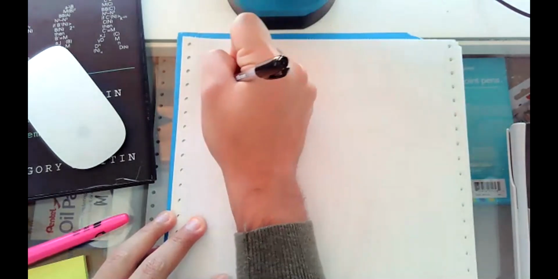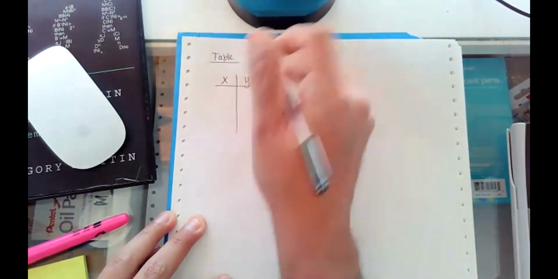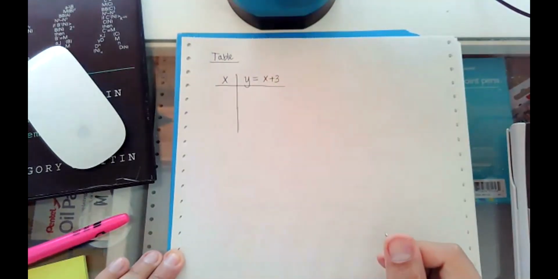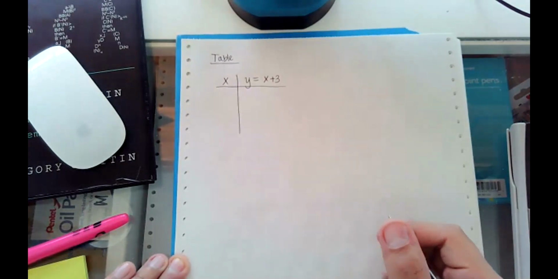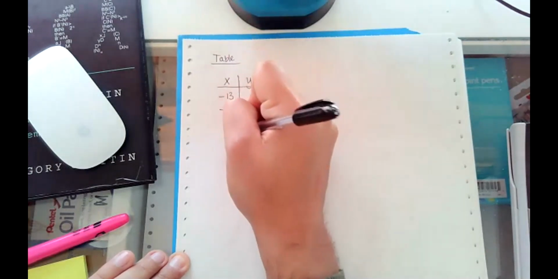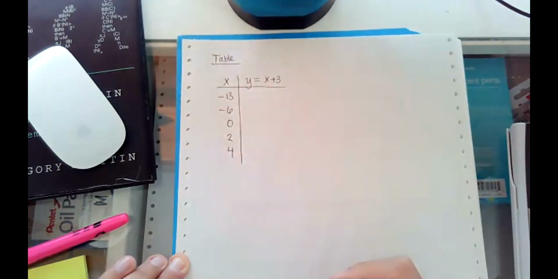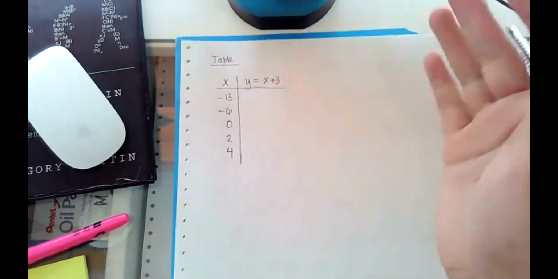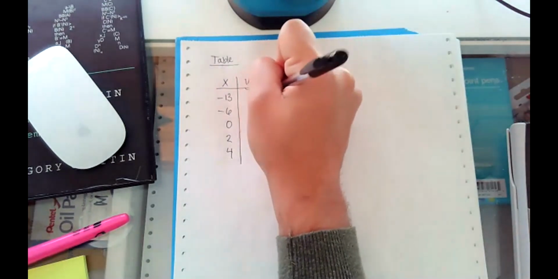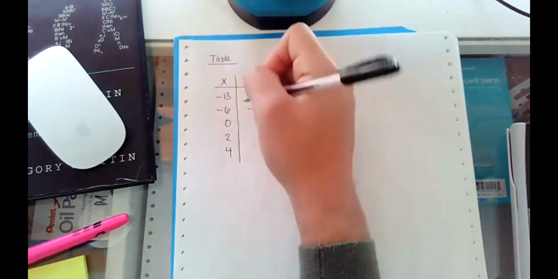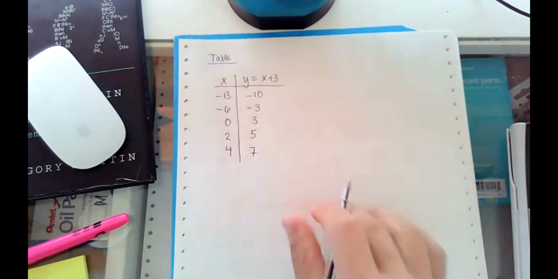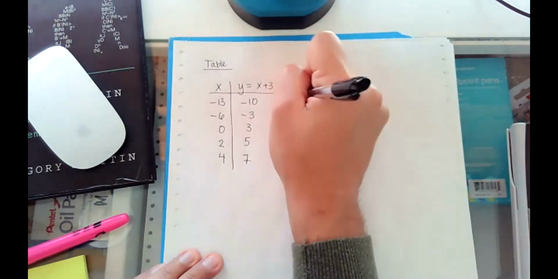I had this x and this y value. And the y value was determined first by x plus 3. And we had -13, -6, 0, 2, and 4 as our input values. And if you plug these into your output expression, then you would get -10, -3, 3, 5, and 7. So in some sense, you could write these as ordered pairs